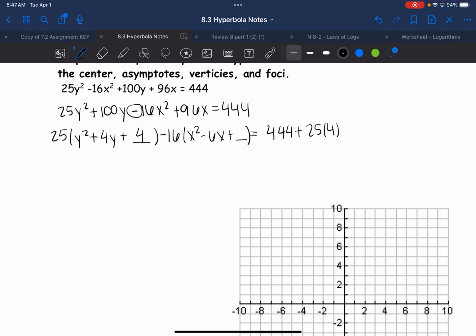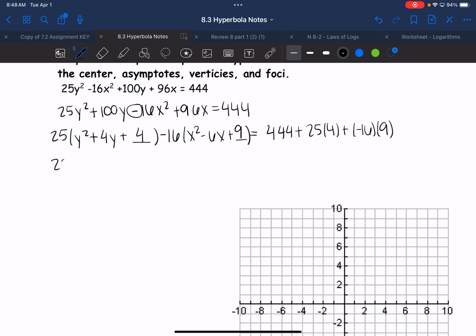Okay. So now I look at that negative 6. I half it, which would be negative 3. I square it, which would be 9. And then over here, I'm going to add negative 16 times 9, right? Okay,